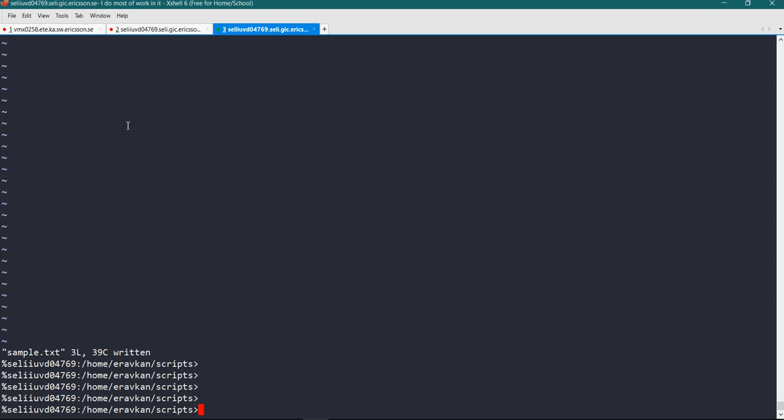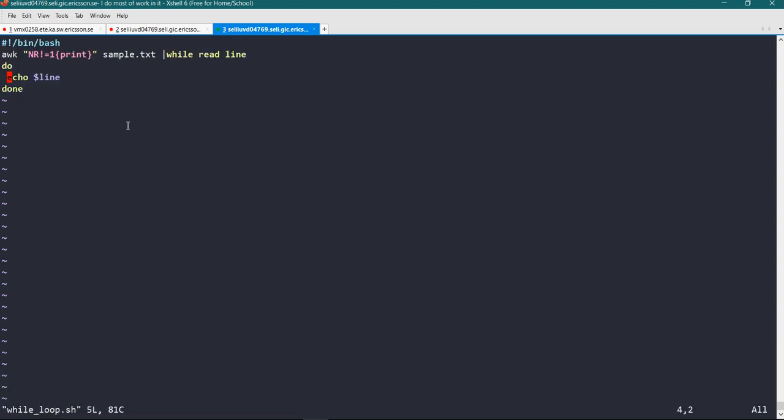So let me see my script. Okay, I am removing this cat simple.txt. I will take the header also. Cat simple, while echo $line, or I can do it this way: while read line, done, sample.txt.